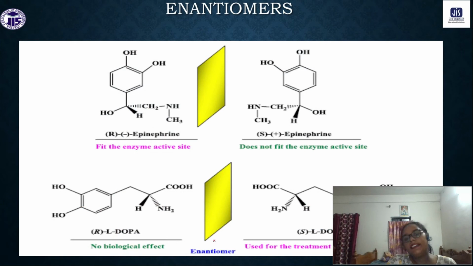Okay, so these are some examples of enantiomers. Here we have the molecule, and if we place a mirror in front of it, what will happen? Look here, this bulkier group will come here, right? And this OH group will come here, and this top OH will remain at the same position. Now this hydrogen will come here, and the other hydroxyl group will be here.